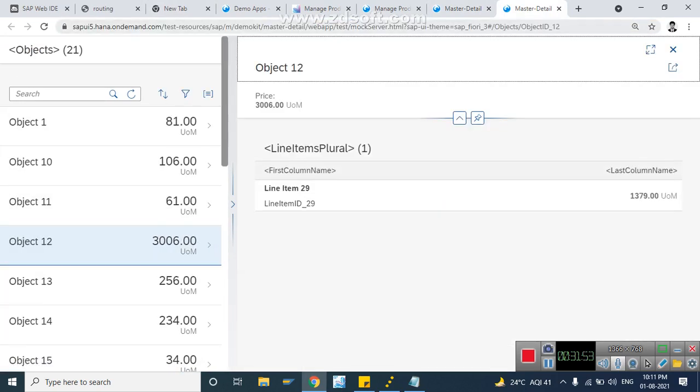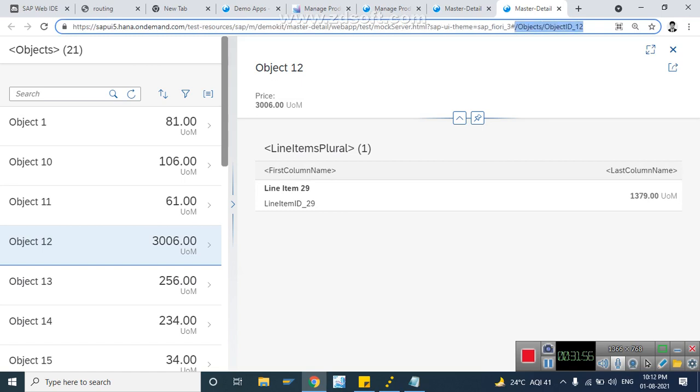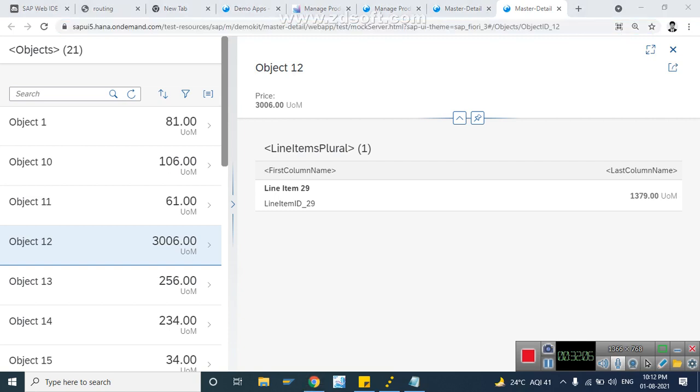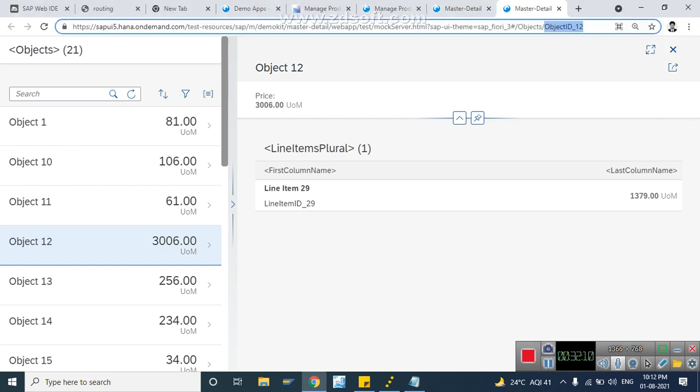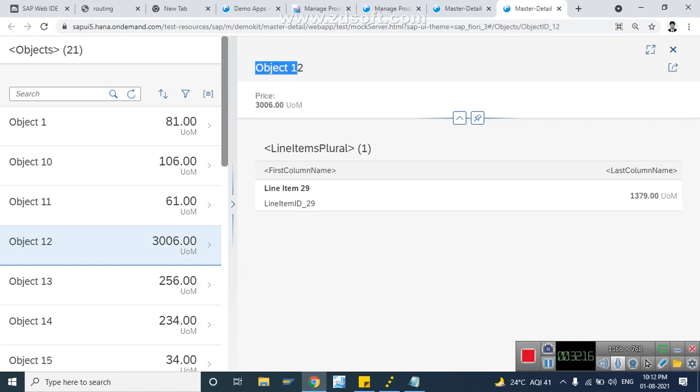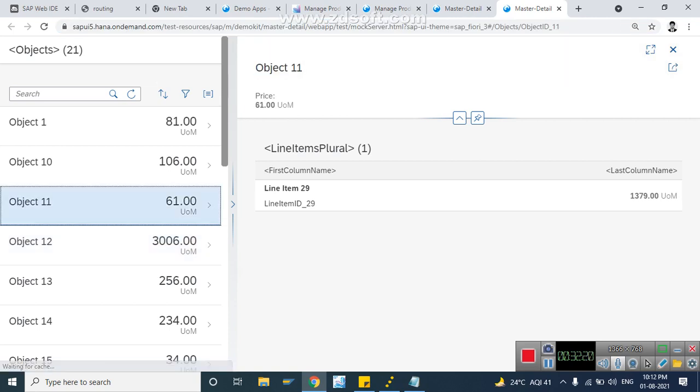See, it is appended in the URL. They are passing two parameters, and based on those two parameters we passed, that value is displayed here. You see, object id 12, and we are displaying object id 12 specific details here, and if you press 11, then 11 data. Similarly, thank you.